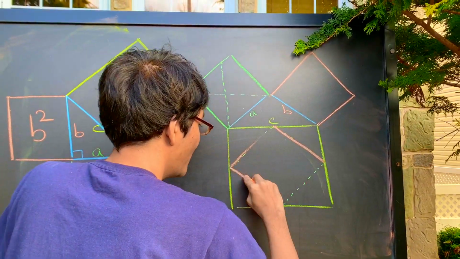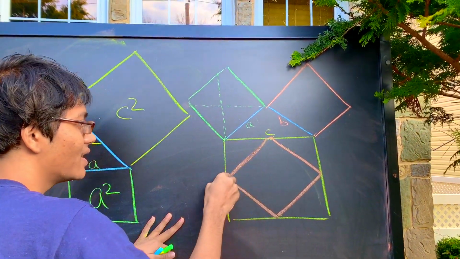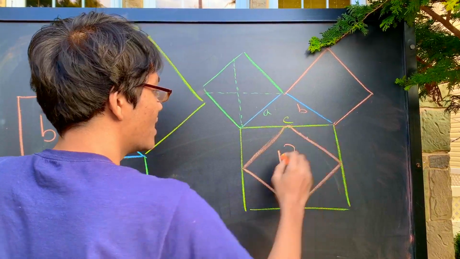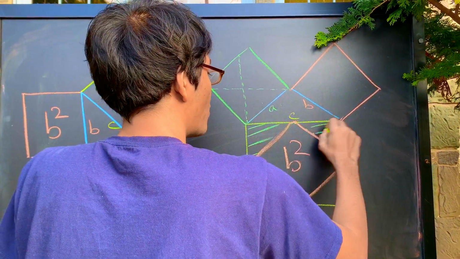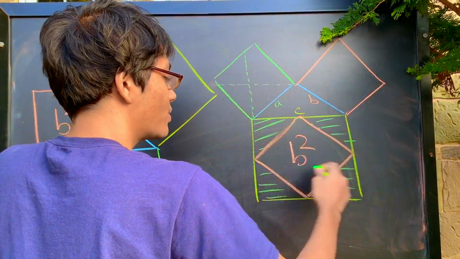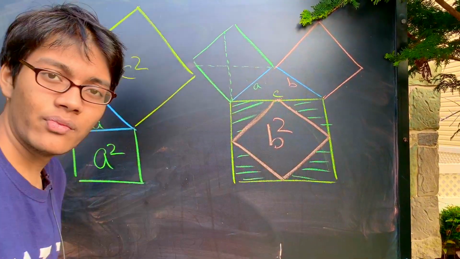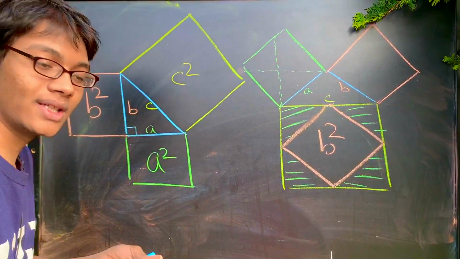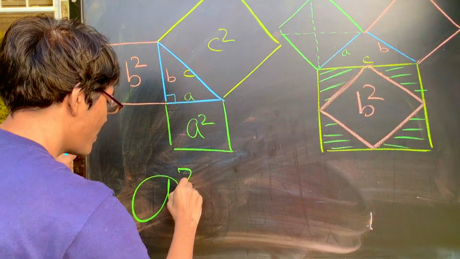This remaining area here is what? Well, it's whatever I have left. It's b squared. This right here is b squared, and all of these smaller ones, they add up to a squared. These all add up to a squared. Okay, so now from this, what can we conclude? We can conclude we have b squared. We placed all of our a squareds here, and so we can conclude that we've just proved the Pythagorean theorem,